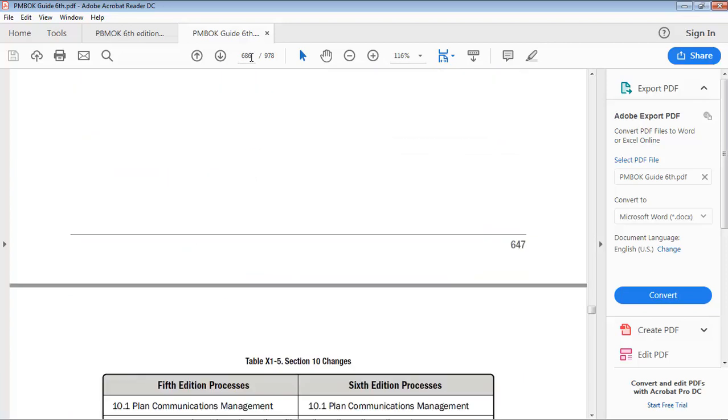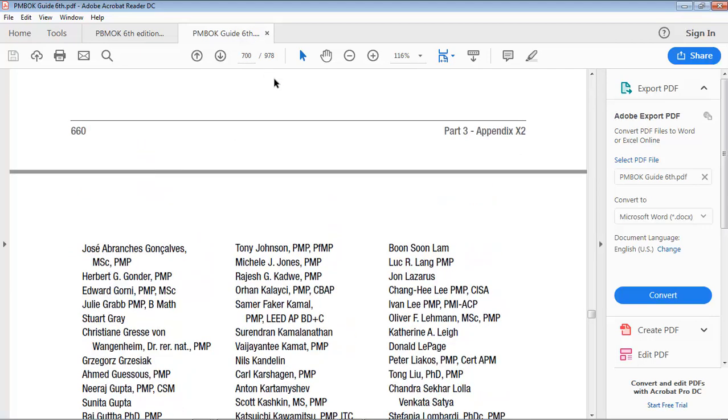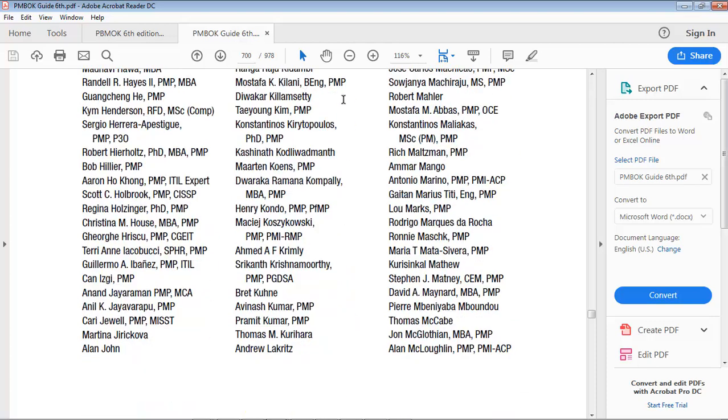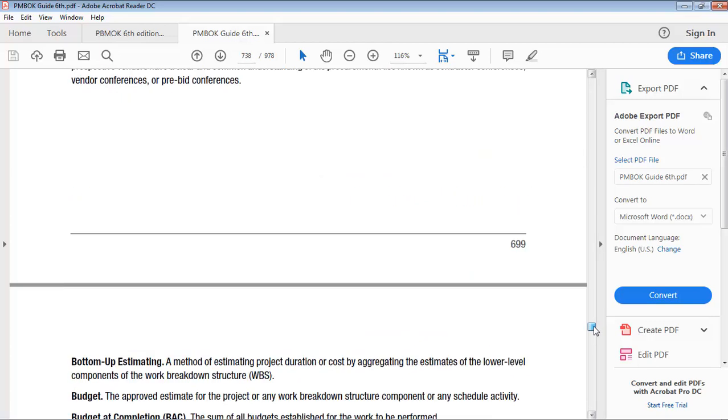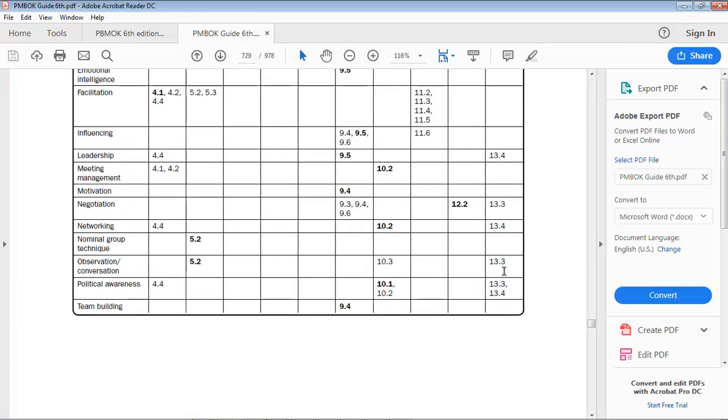I'm going to keep going. You have taken over a project for another project manager. You see your technical people using such tools and techniques as value engineering and value analysis. These tools and techniques are examples of